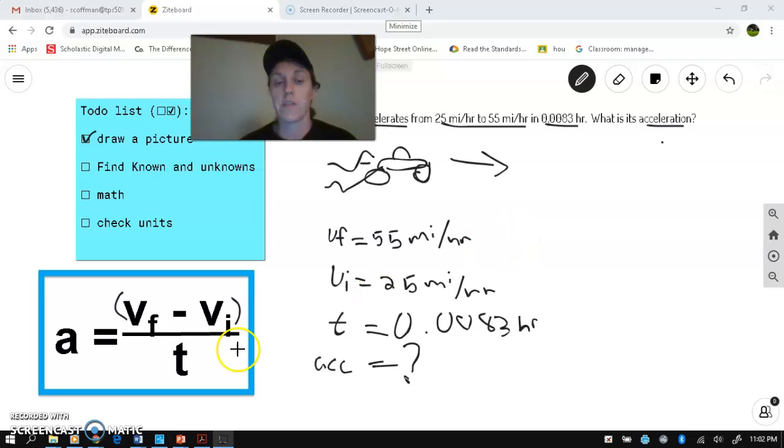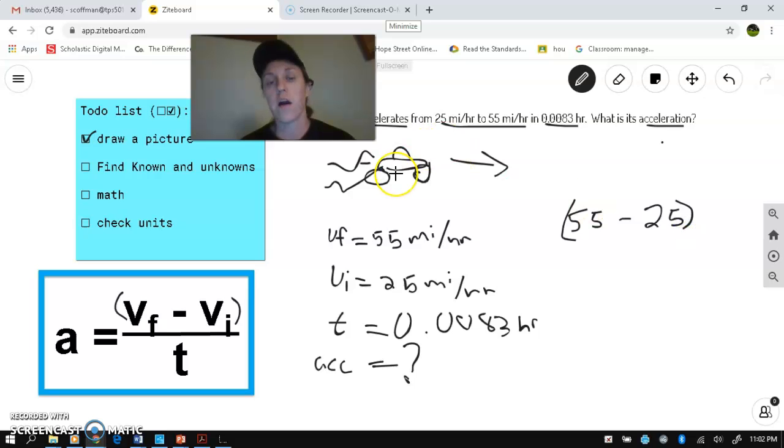So now we just need to do the math. We're just going to find the equation. So 55, I'm going to do my VF, minus my VI, which is 25. Now this is important. In some problems it's not that important, but in this one it can change the value. And in this one, our car is speeding up, so our value is going to be positive. Remember parentheses. Why? Because it needs to be done first. Please excuse my dear Aunt Sally. Over